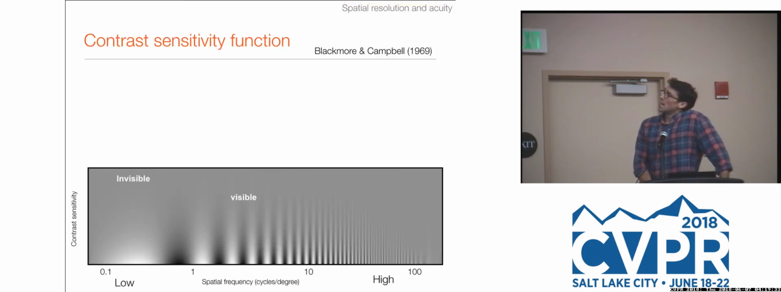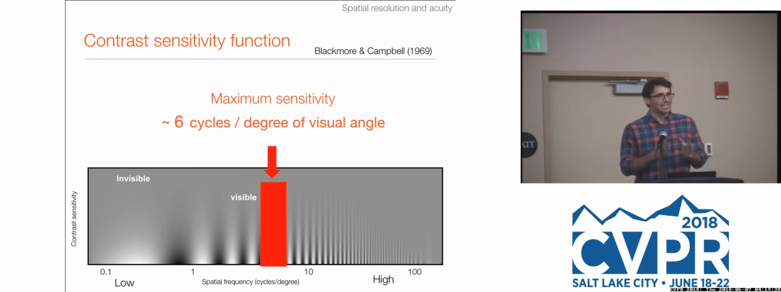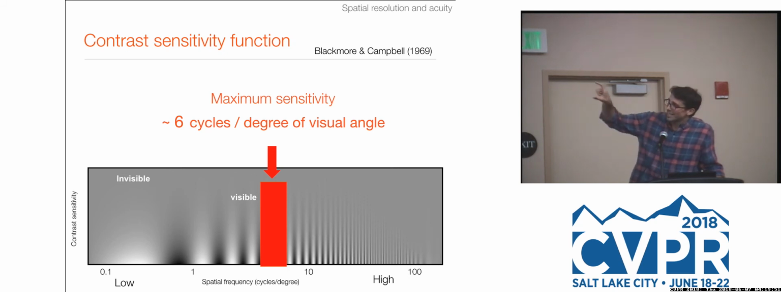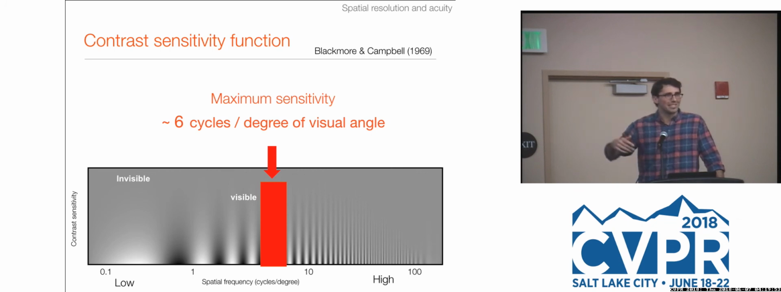And so work by Blakemore and Campbell back in 1969 sought to understand what is the optimal band of spatial frequencies that our visual system is sensitive to. This used a combination of rudimentary neural recording and psychophysics to say that it's approximately between 4 to 6 cycles per degree of visual angle. And when you go below that, you lose sensitivity. When you go above that, you lose sensitivity. So in this sense, the visual system